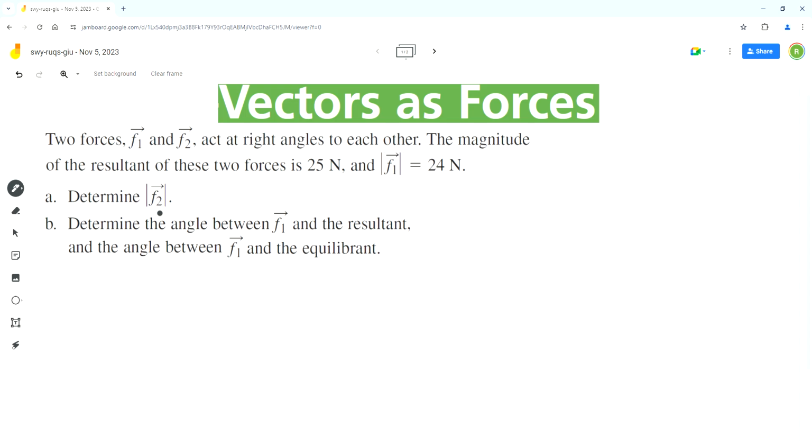So the first step here is to draw a vector triangle for the two given forces and their resultant. For the vector triangle, we'll arrange these two vectors in tip to tail or head to tail format so that we can show these two vectors and their resultant. So the vector triangle will look something like this. So vector F1,